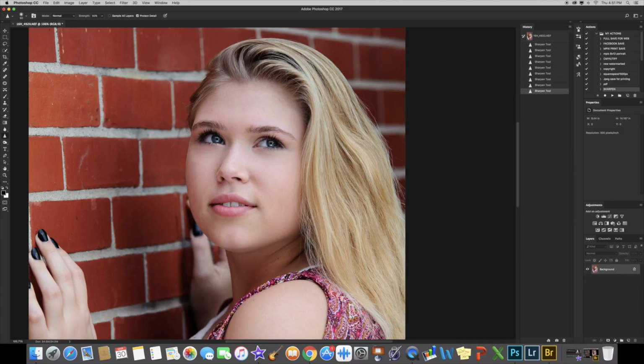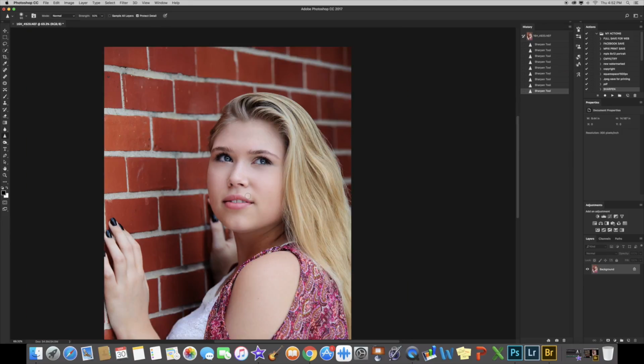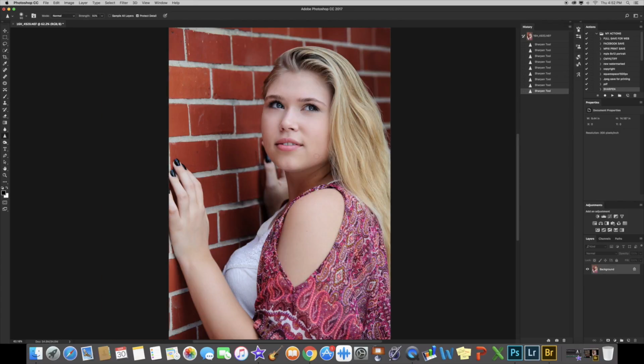Now another thing you could have also done is actually create another layer and sharpen the spots that you wanted to be sharp, and then reduce the opacity so you can adjust how sharp you would like your image to be. Okay, another way of how to sharpen the image, I'm gonna hit Command J to make another